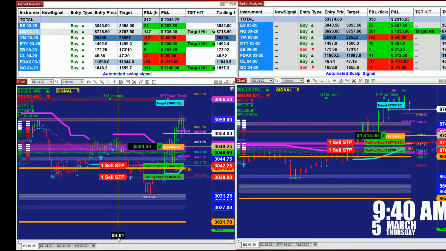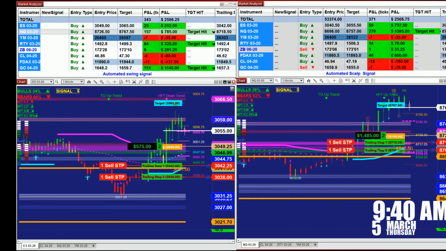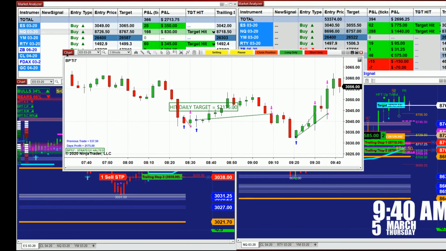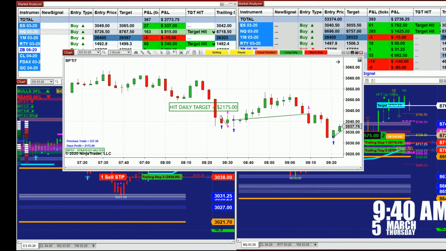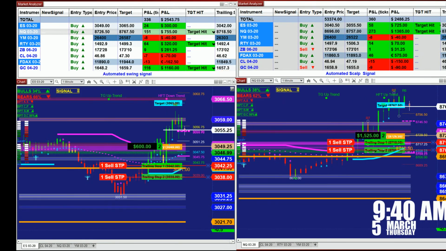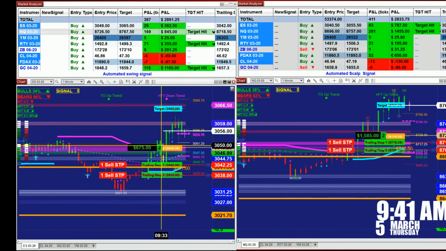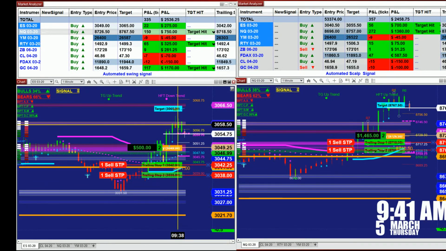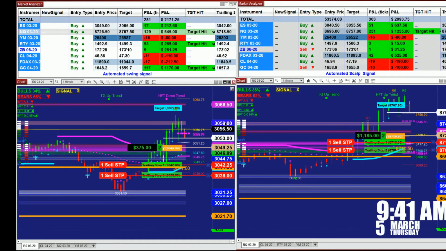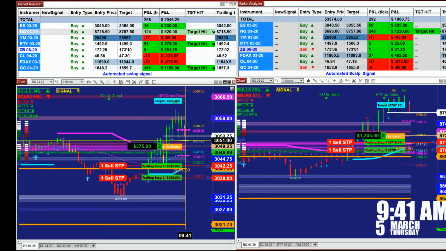One thing about the ES, it is amazing because we just closed and hit target on 2175, the automated trade. This is a totally different system. But, excuse me, on the signal automated trade, we have a beautiful entry on the ES. But what happened here, we have a very hard resistance line at 30.58, which is causing this ES to drop again, retesting the 30.50 level. So